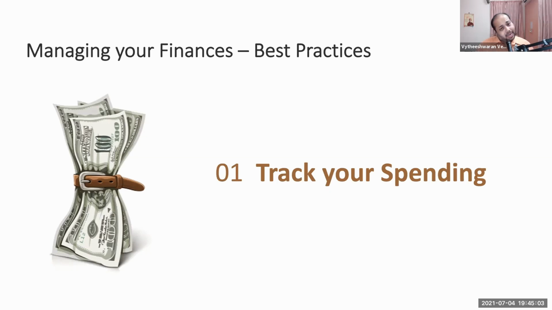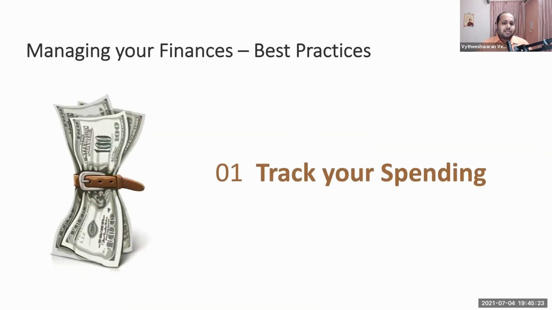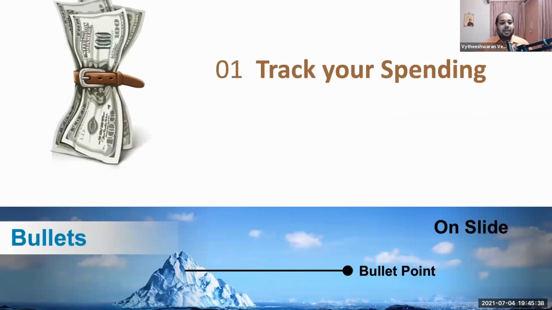So the previous slide can actually be broken down into 10 different slides, one for each point, because I'm sure that for a slide like this, these 10 points are very, very important, and there is a lot of content available. Save money for emergencies, diversify your income. There are a lot of points to this. Why do you want to put everything on the same slide? You can break it down and show something like this. This is just one example. You can get creative and show the slide in a different way as well. So this is something that you need to remember. Don't stuff your slide with content and images. Give some space for your images and content to breathe.